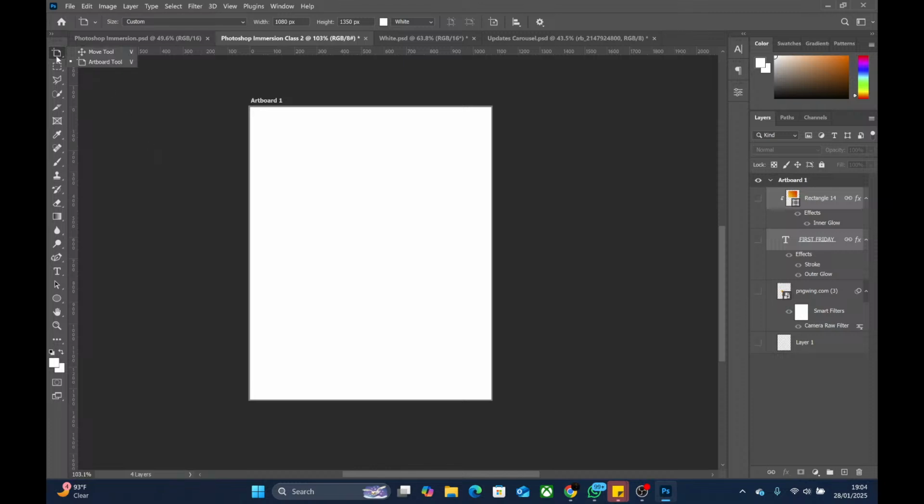So let's say I press V to get to the move tool. Why can't I press V to go back to the artboard tool? Now I'll press V. Can you see? It's not changing. I'll press it again. Nothing is changing. So there must be a way that you can still use that shortcut to get there. And that way is to hold your shift before you press that shortcut. So if I hold shift and I press V, automatically it will go to the next tool. Please watch my mouse. Look at the icon up here. Watch it very well.